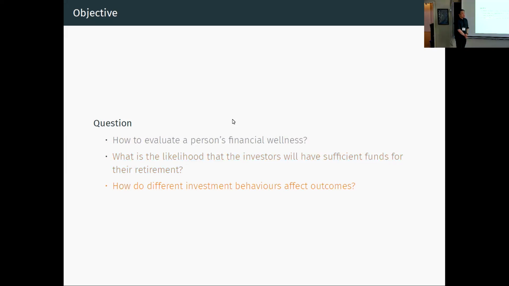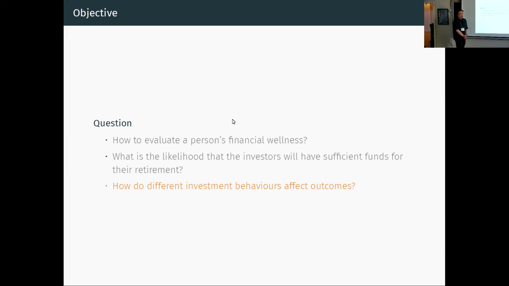However, very few research focus on how we can achieve these goals. Like if I am a 30-year-old now, and I know the amount of money I will need for my retirement, how can I achieve that goal? I believe with the data, we can analyze what is a good investment strategy so that I have the highest probability of a successful retirement.